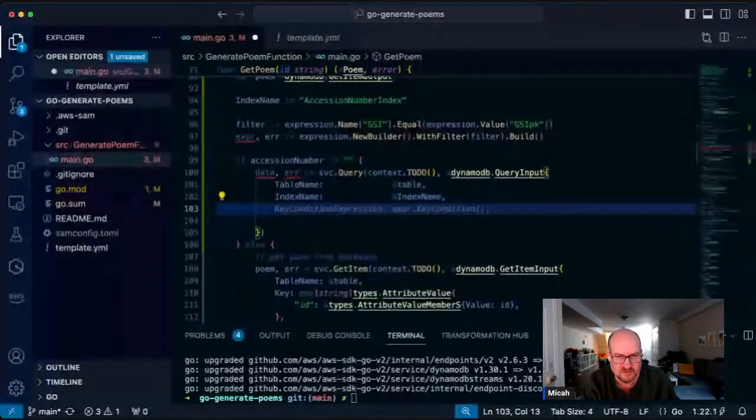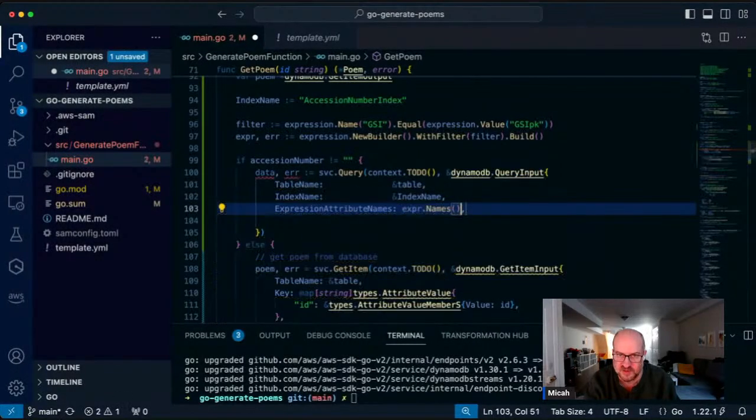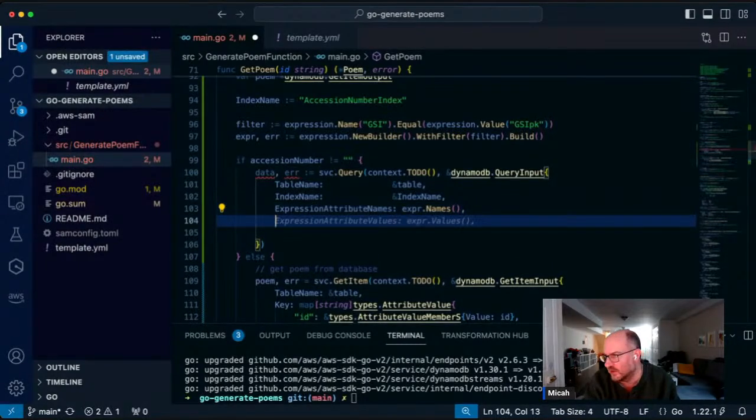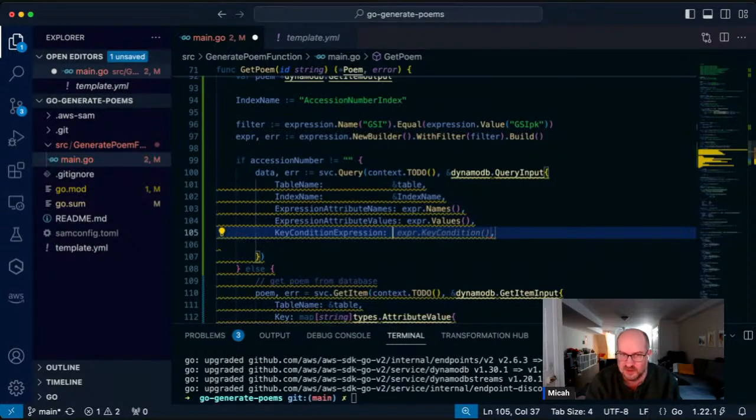Okay, so what we want to do first is expression attribute names. And that is going to be expression.names. That's correct. Okay. And then expression attribute values. Same thing, expression.values. All right. Key condition expression is the filter. Oops.